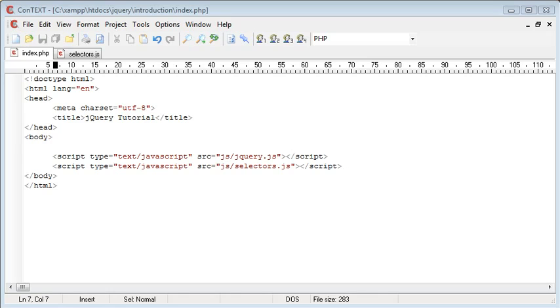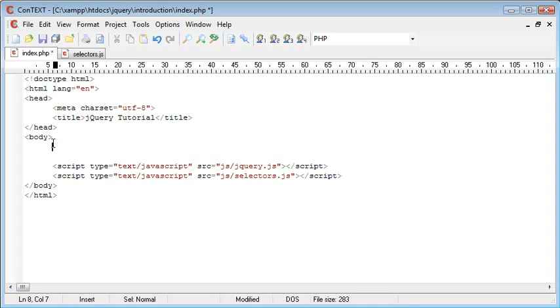In this tutorial we're going to again look at selectors, but this time we're going to look at the element selectors. Now obviously an element in an HTML document would look something like this. This is a paragraph element. We could also have something like a div. We could also have something like a span, as well as things like images, like that, and things like A tags as well. So there's a variety of different elements inside HTML documents, and we can use jQuery to select specific elements of